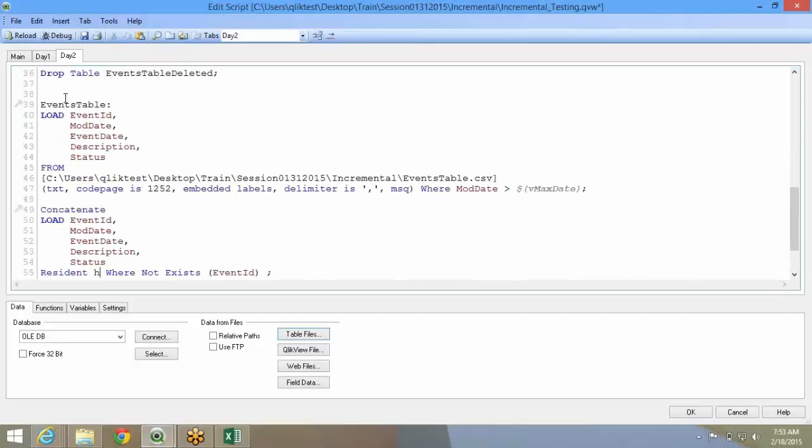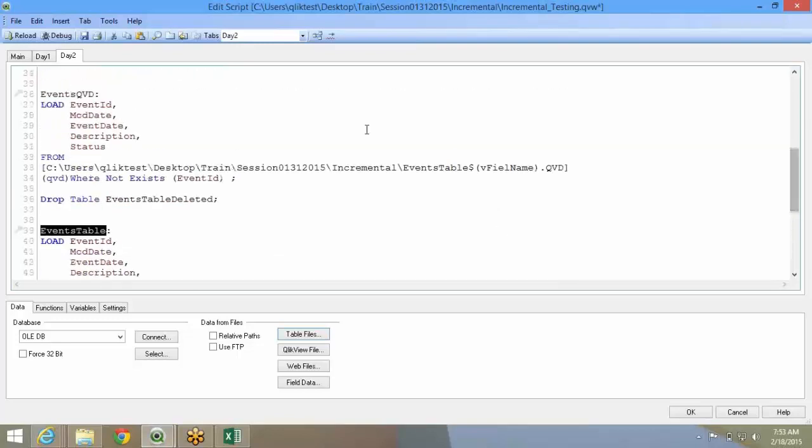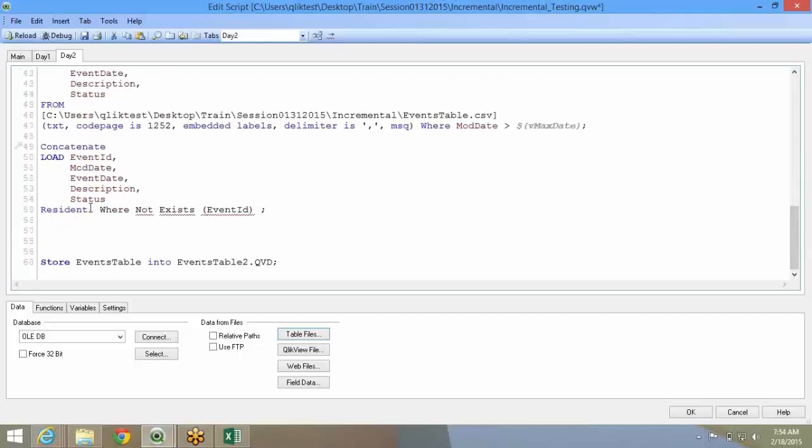Okay, this big screen, big font is troublesome because I'll have to scroll all the way up. Then I'll have to drop table.